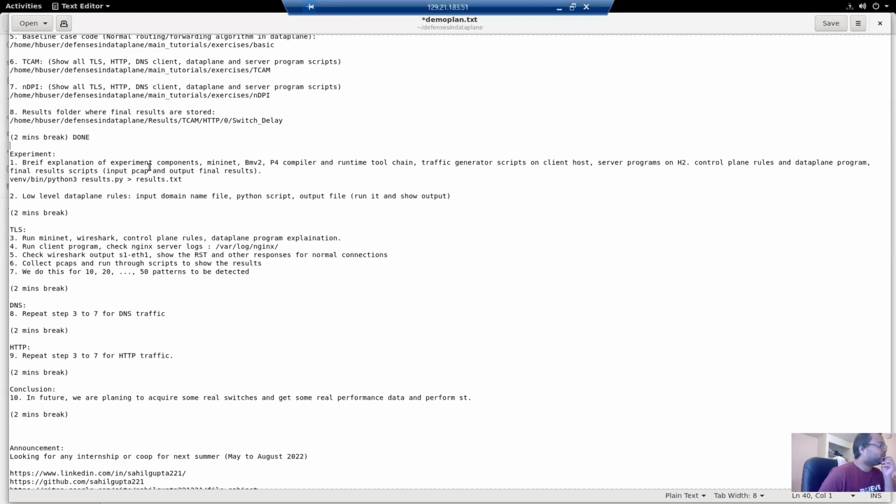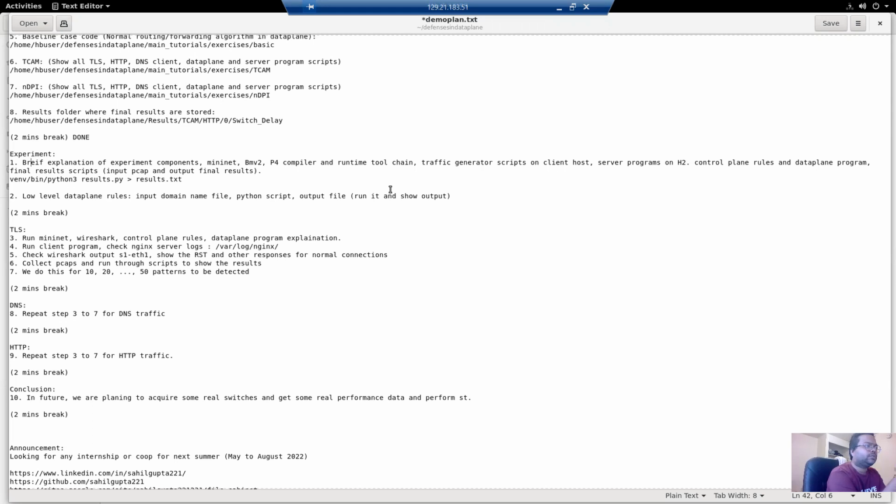So now, after showing the different artifacts, it's time for discussing the experiments. Let me briefly start with the design of the experiment. As I already told, we use a Mininet setup in order to create the nodes and the switches, network interfaces, and virtual network interfacing and other things.